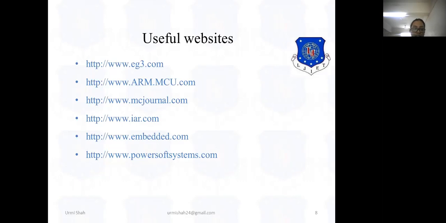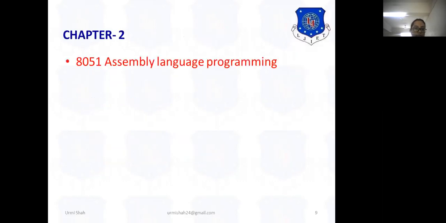And we have seen the register set of 8051, which includes some special function registers, input output registers and general purpose registers. So now moving ahead, in chapter number 2 we will be seeing assembly language programming.